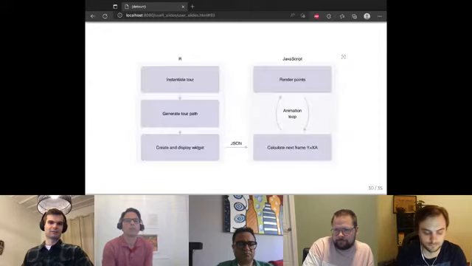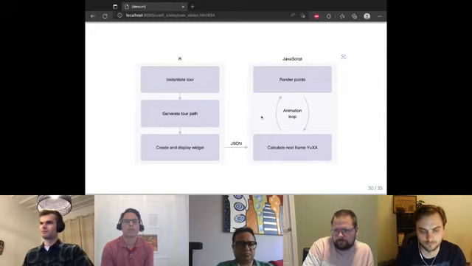But there are a couple of areas where that's not really the case. So if you have a look at this, this is just kind of a rough data flow, what happens in the tour package. So instantiating the tour, generating the tour path, creating the widget, and then everything else happens on the right-hand side here